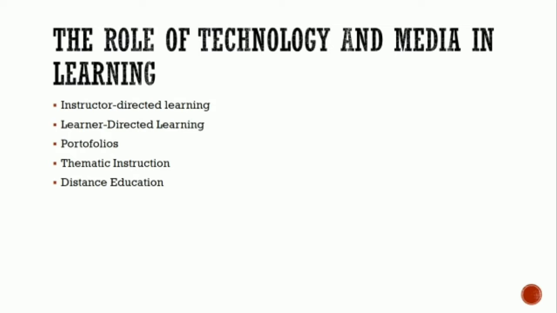The second is learner-directed learning. Technology and media can also be used effectively in formal education situations where a teacher isn't available or is working with other students. Cooperative learning is closely related to self-instruction. As students work together in groups or in collaboration with the teacher on learning projects, they take more responsibility for learning.